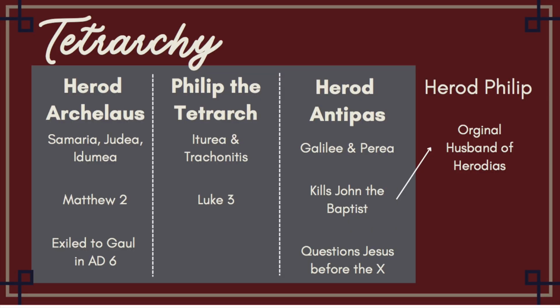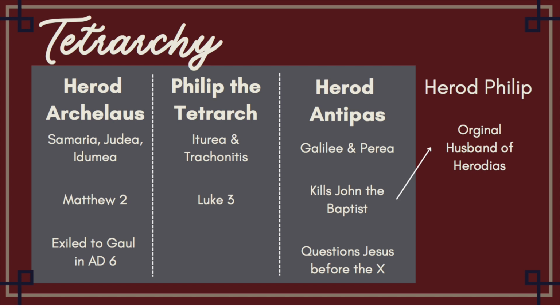The Tetrarchy. Tetrarchy means the rulership of 4. There's only 3 of them. So there's kind of this estimation that Herod Archelaus got 2 portions. He kind of got the biggest one of them all. He was the oldest one. After his dad died, there was a dispute. Who's going to take what? He goes up to Rome, and he says, hey, I should be in charge of this bigger portion.